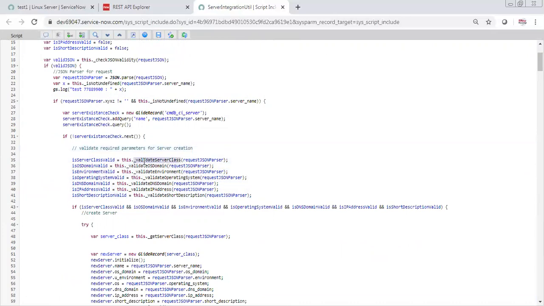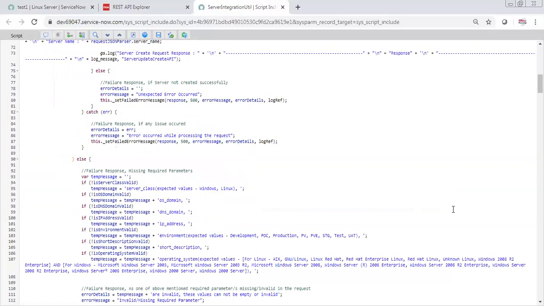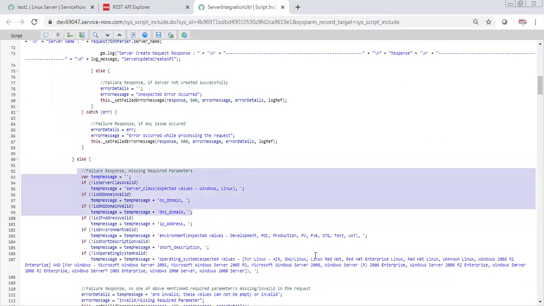Like here, to validate the server, we are checking if it is of class Windows server or not. Obviously this definition is going to change, because in another integration you will be validating something else. Yes, the structure is the same. If any parameter is not valid, you can have this structure of sending the error message.